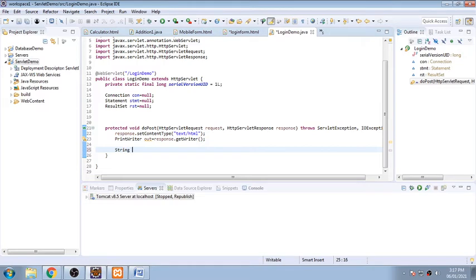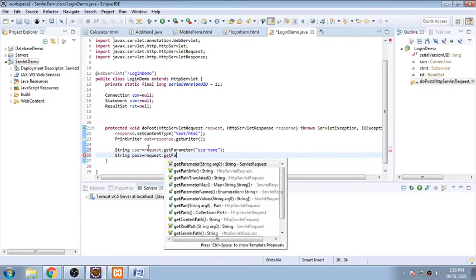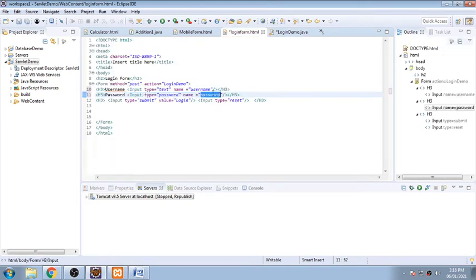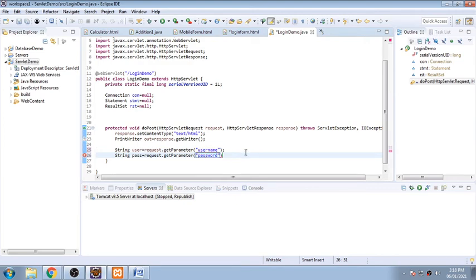So String user is equal to request dot getParameter, and into this I will be giving the first text box name, so it is username, and for the second text box, String pass is equal to request dot getParameter, and into that I will be giving the second text box name, so that is password. I'll check whether the name is same or not, copying the name and pasting over here, so there will be no ambiguity in name. Okay, so now both the things are with me.